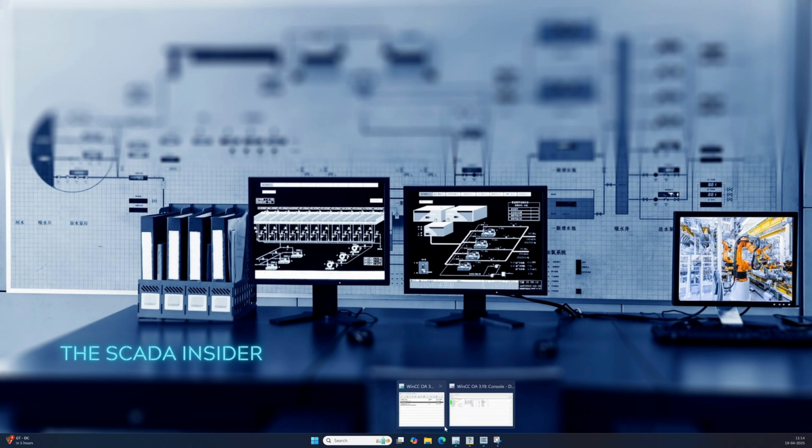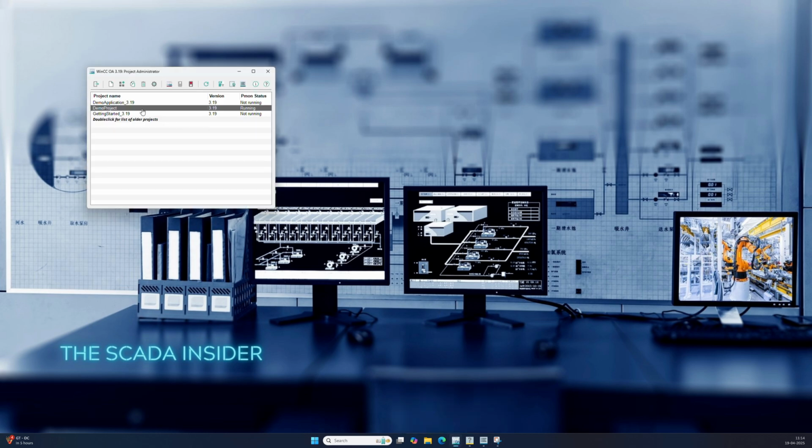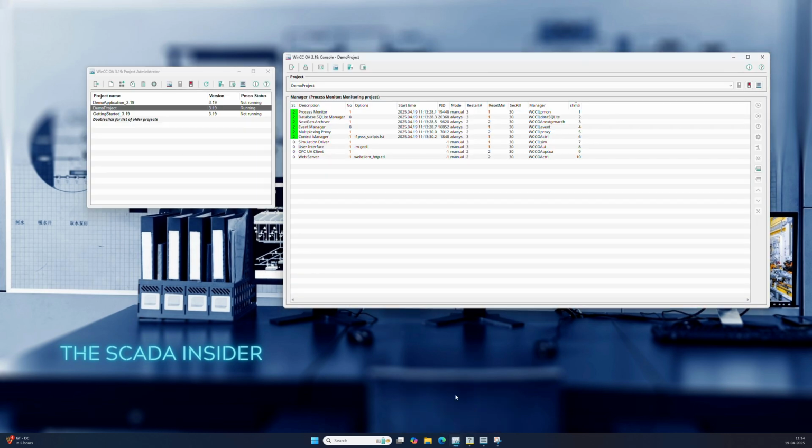So in the previous tutorial, we have seen how we create a new project, right? We have created a standalone project. Also, I have explained how we do the configuration of different managers in the console. Now in today's tutorial, we will see how to open the development environment, and what all the options available in the development